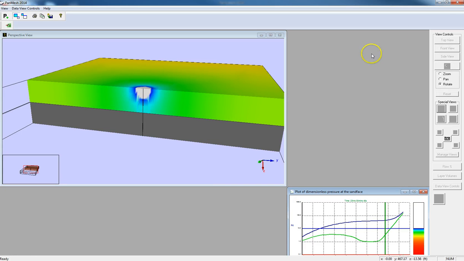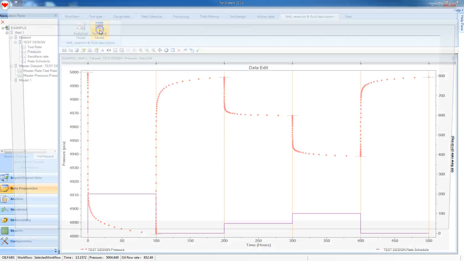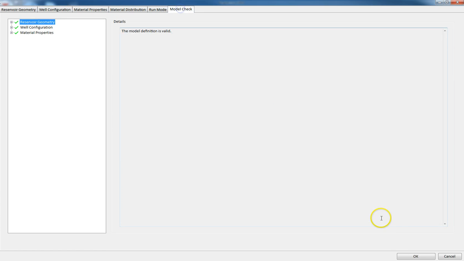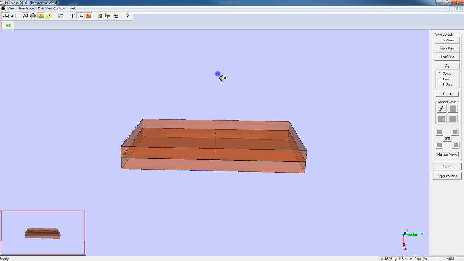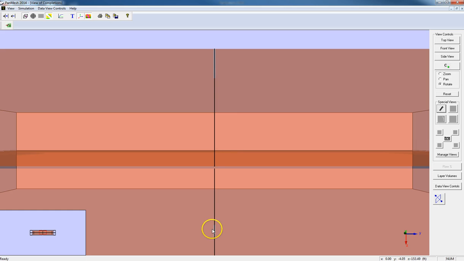So we can get it to communicate. If we go back in here, we could put a second completion. So let's say that there's 2 completions, and we put the second completion at a depth of maybe 150 and make it 10 long. Check the model, that's fine. Come back, run our simulation. Now if we look at the wellbore in top and bottom, you can see the white section here, white section at the top. We'll run our simulation,